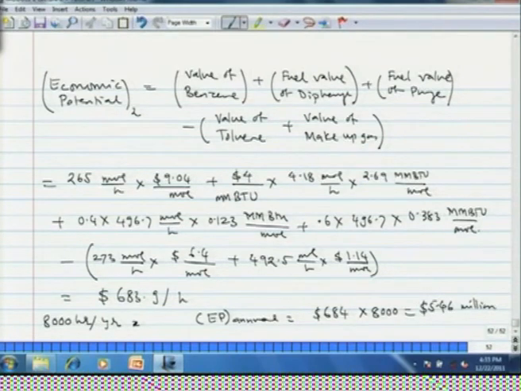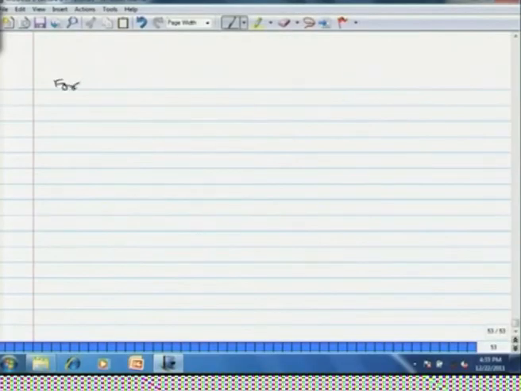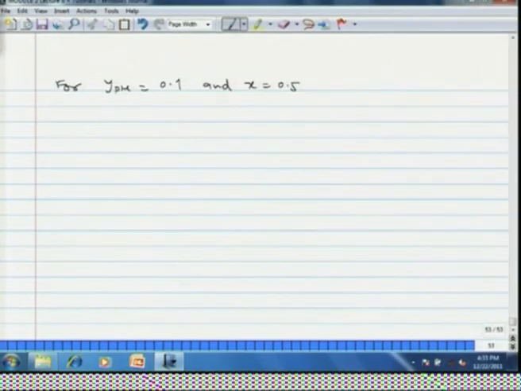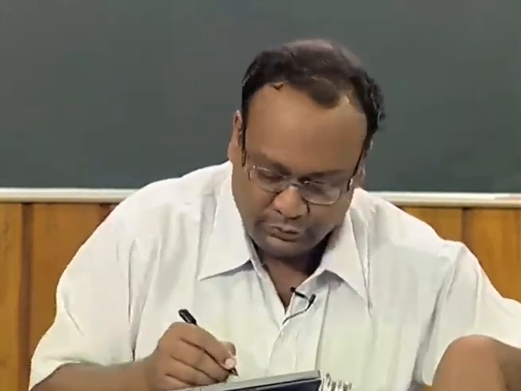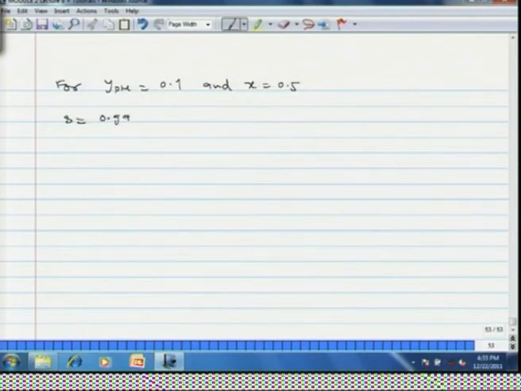So this is how you can calculate the economic potential. Now let us change the design parameter slightly. Let us say that for YPH equal to 0.1 and per pass conversion as 0.5, what are the variables, or what is the economic potential? Then we can easily calculate all the parameters. Now you can make an Excel sheet of this or a MathCAD sheet. You can make any module, and then you can calculate these values. I am giving directly the answer. I leave the exact calculation as an exercise.